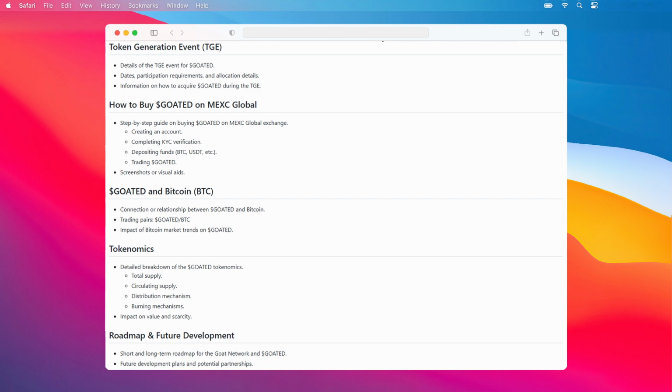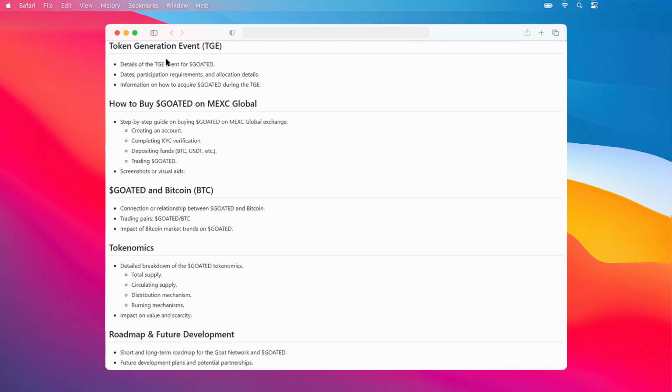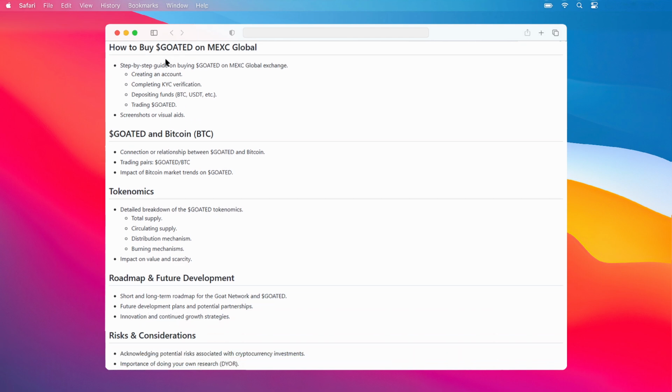Another avenue for purchasing GOATED is through the MEXC Global Exchange. We'll walk you through a step-by-step guide, covering everything from creating an account and completing KYC verification to depositing funds like BTC or USDT, and finally, how to trade for GOATED, potentially utilizing screenshots or visual aids to help you